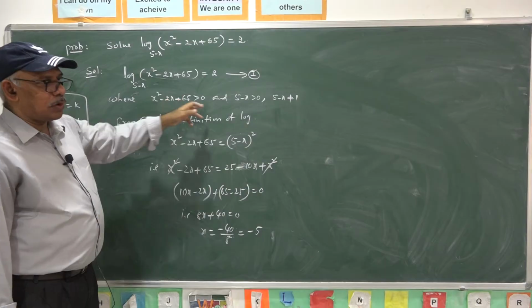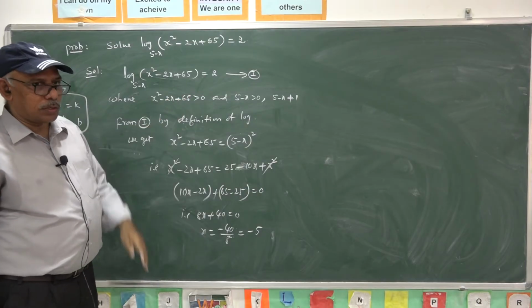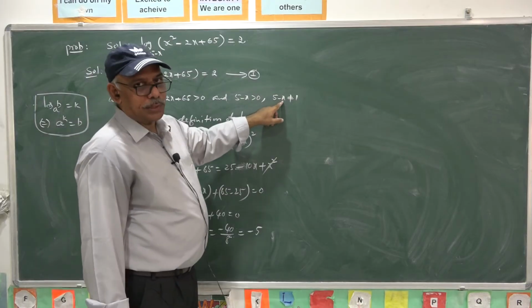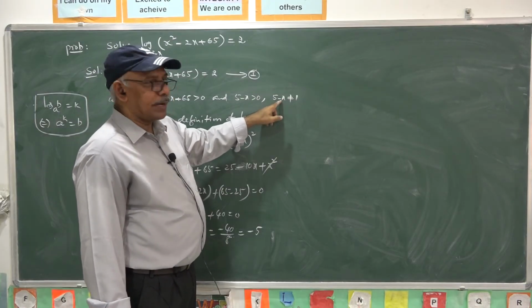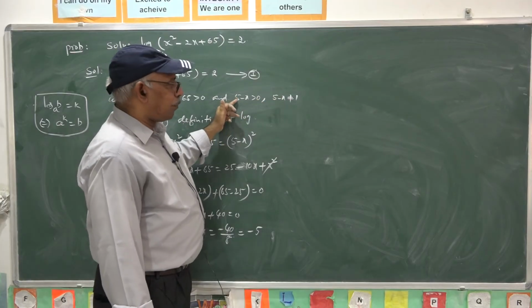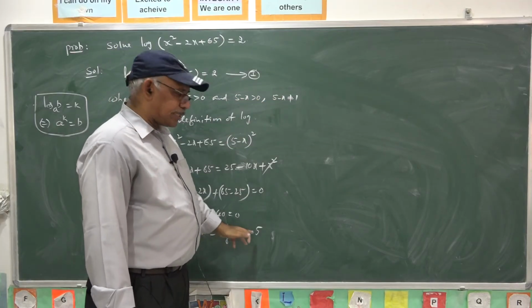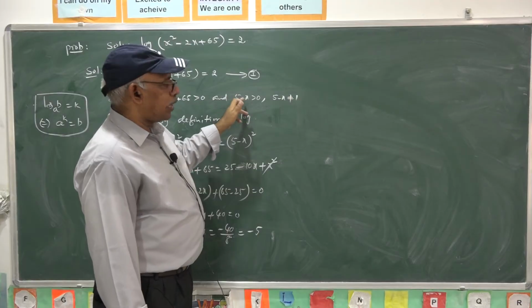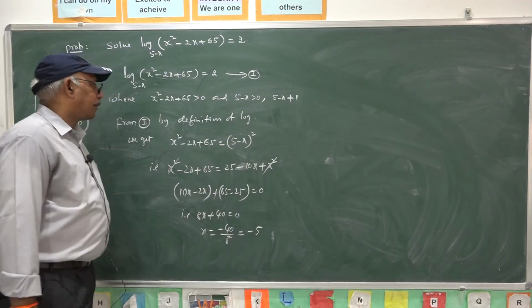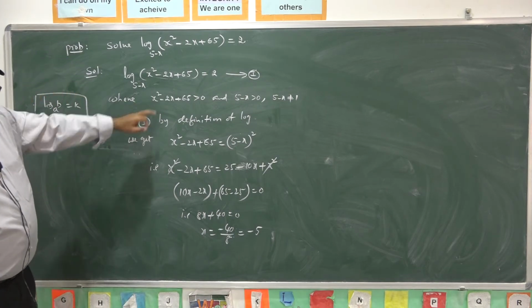We check whether these relations or inequalities are satisfied. Taking x equal to minus 5 here, we get 10, which is not equal to 1. Clearly it was satisfied. 5 plus 5, because minus x is plus 5. 5 plus 5, 10, more than 10. This is also satisfied. And taking x equal to minus 5,